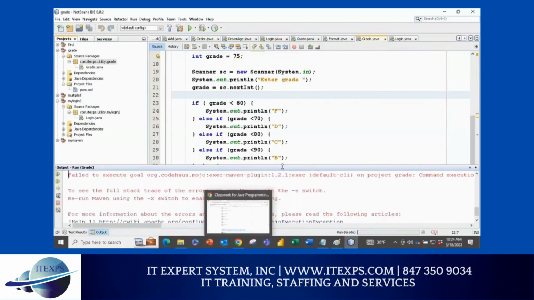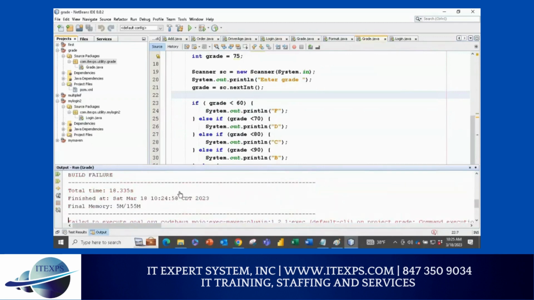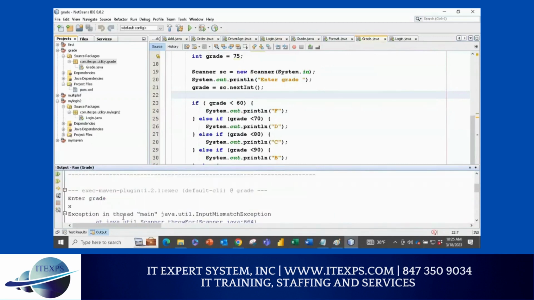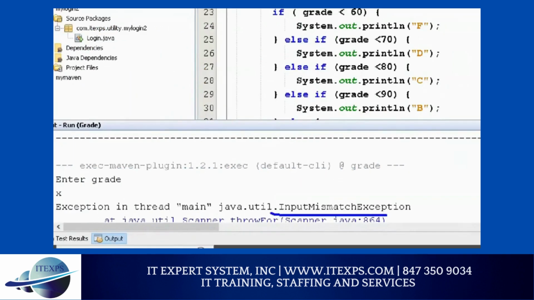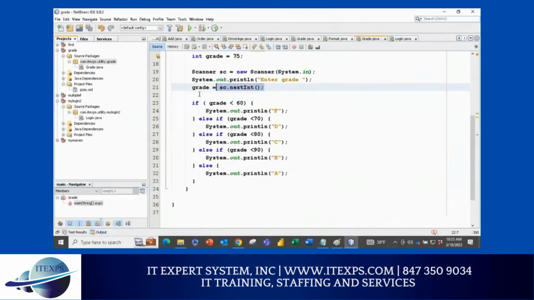This is very normal, because anytime you enter the wrong type, you have an input mismatch error. So you need to be careful what you enter, otherwise you have to write exception handling, which I'll cover after two classes.